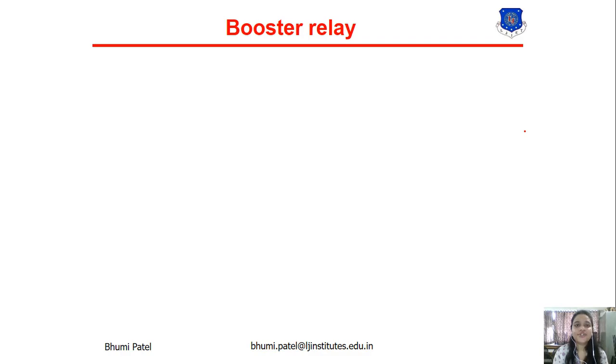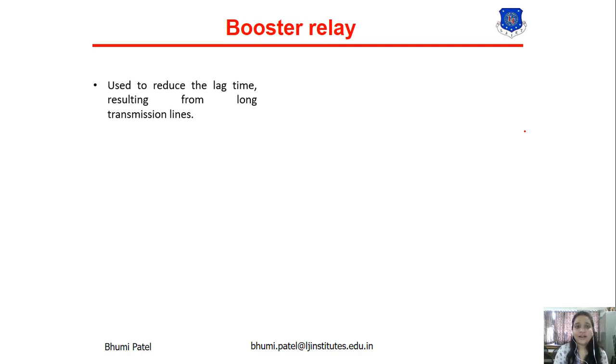Next one is the booster relay. Now, the booster relay is used to reduce the lag time resulting from a long transmission line. Here you can see that in a control valve we can use different field instrumentation, so a lag time arises in the system.